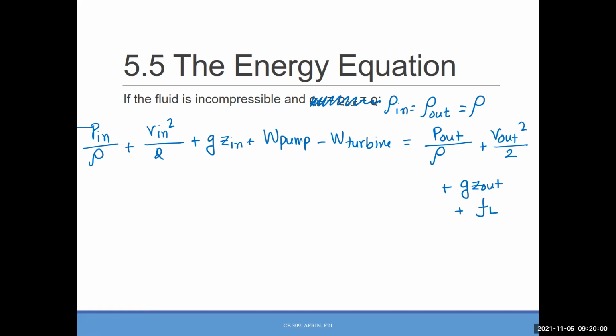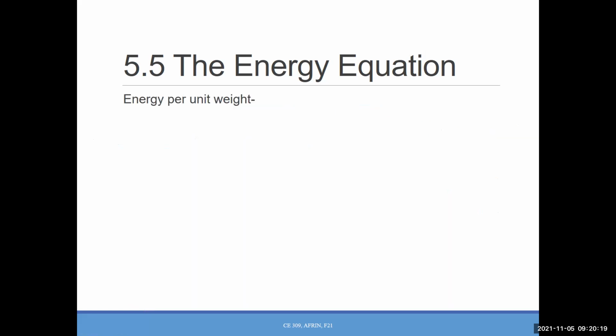Okay. So this energy equation was per unit mass. We want to express this equation per unit of weight, because then it will be head, and it is easier to measure and do all the calculation. So you already know, if we want to convert to per unit weight, we just need to divide by G, right? Okay, so let's do that. Again, P in